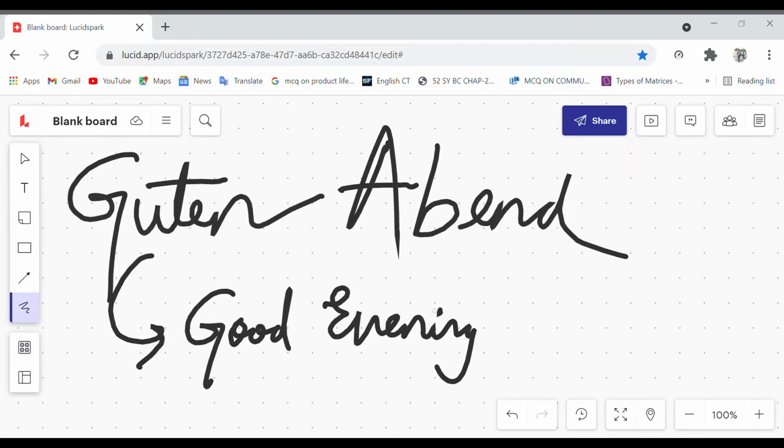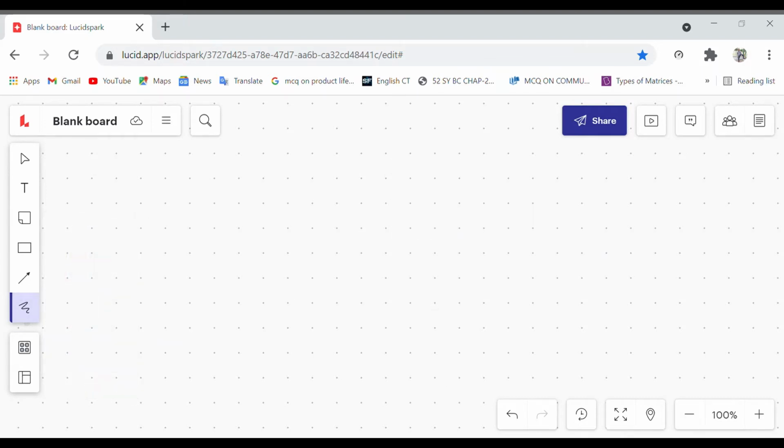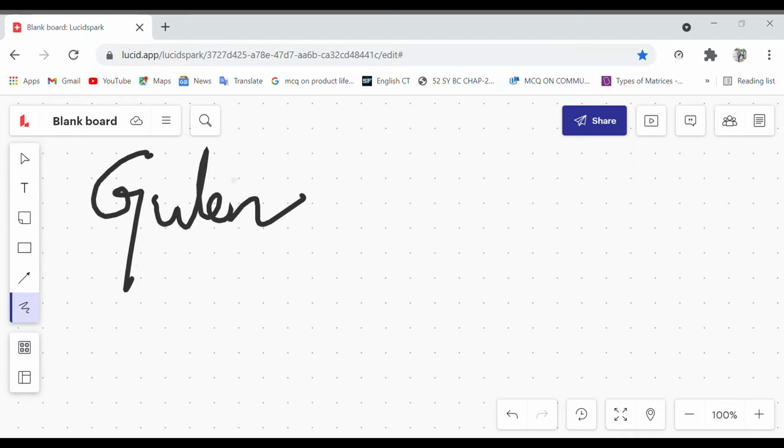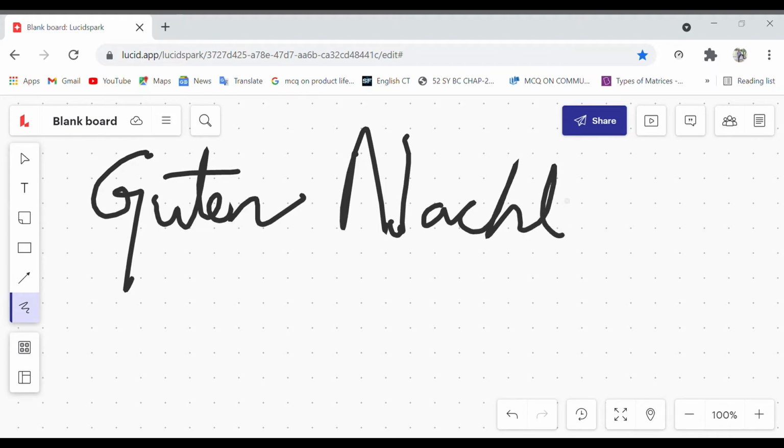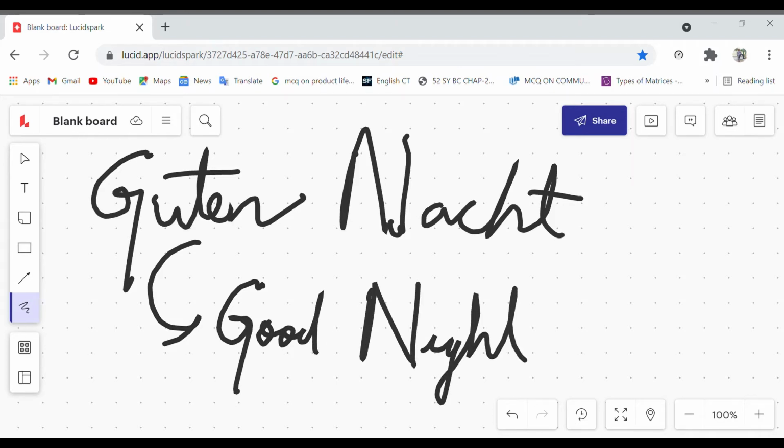Next comes good night. So the word for good night is Guten Nacht. This is N-A-C-H-T, which is for good night. Understood? Take a screenshot.